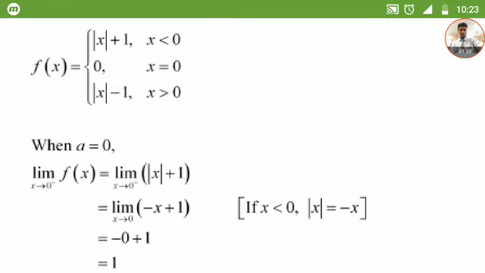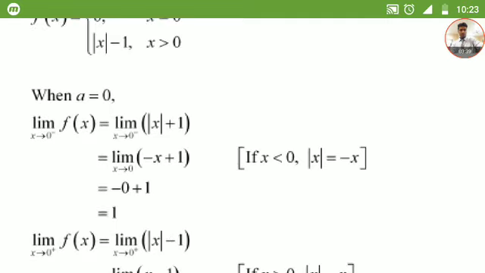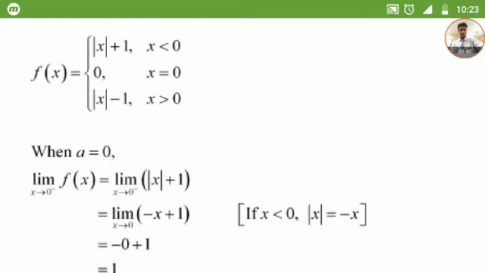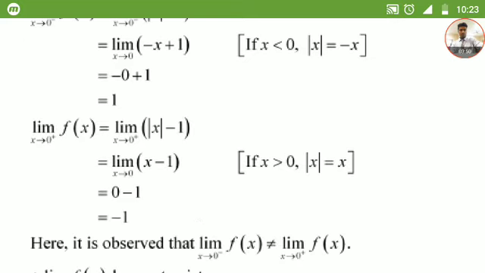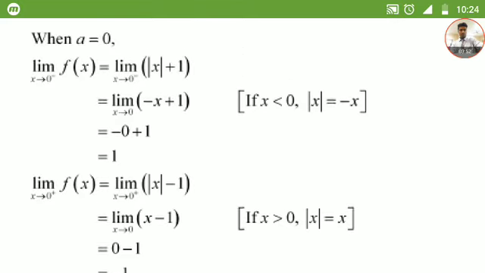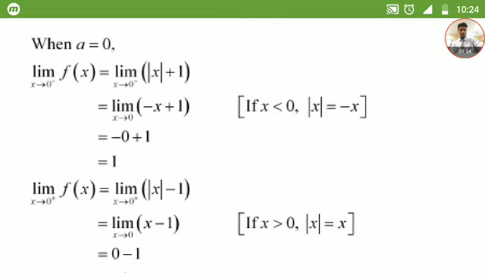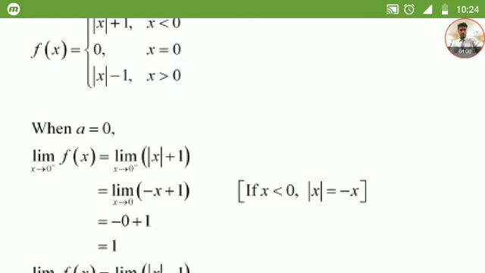So for x less than 0, you will choose the function in which mod x will be minus x. You'll get the value of 1. And when you choose x greater than 0, you'll choose the third function, where mod x is x, and when you put 0 there, you'll get minus 1. So the limit does not exist for a equal to 0. This condition is nullified. Now when you put a greater than 0, since a is greater than 0, you'll